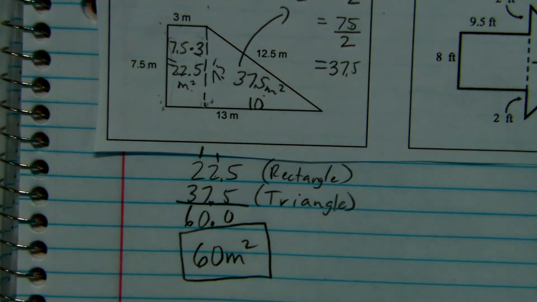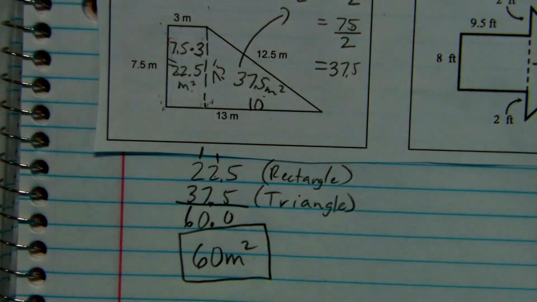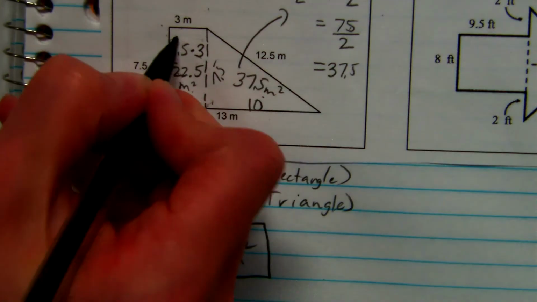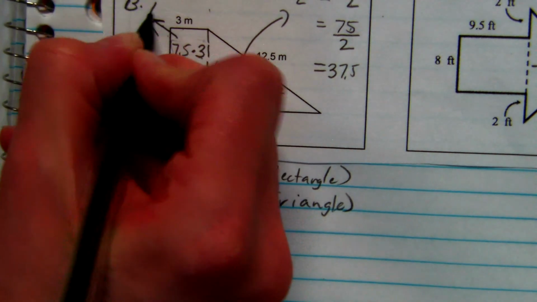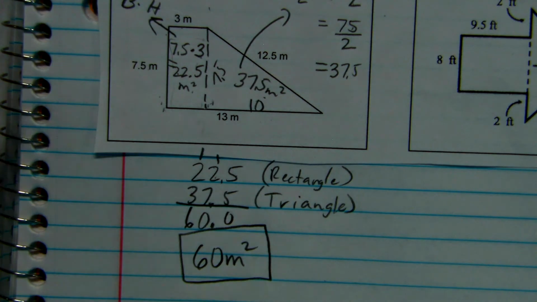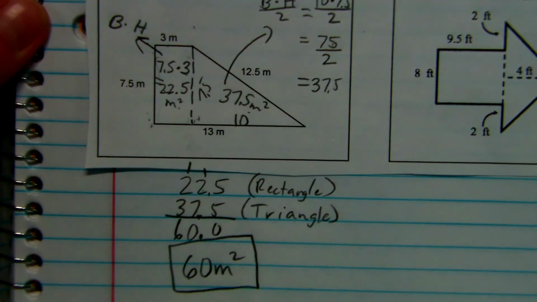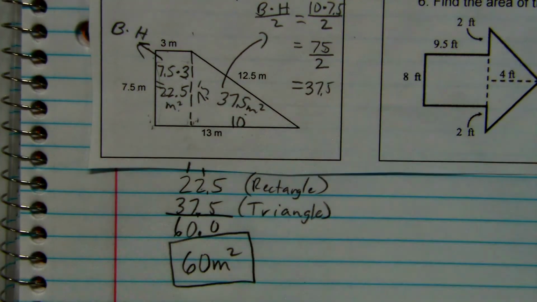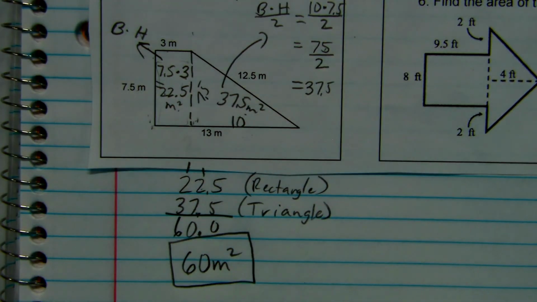So when you have those trapezoids like that, what you want to do is draw a little imaginary line and break it up into shapes that we have formulas to do. The rectangle is just base times height or length times width, whatever terminology you want to use. And then the triangle is when you take base times height and divide by 2. Triangles are the only ones we've done so far where we cut it in half. Parallelograms, everything else is not cut in half. Triangles are half of rectangles, and that's why we do it that way. Okay, so